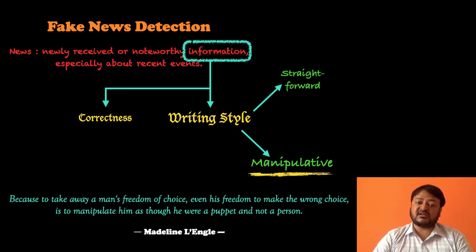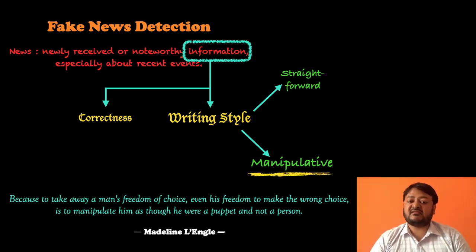This is a very crucial thought which Madeline has shared with us, that many times what happens is that some newspapers already have their own biases, or even if the newspaper doesn't, the journalists may have their own biases, and because they think that a certain perspective is the right perspective to have, they tend to present their own opinions as factual information, and that is very wrong and should be objected to. So our algorithm detects those tendencies, that if an author is trying to manipulate you through the use of language, our algorithm will be able to help you out and warn you to be careful while reading this article.